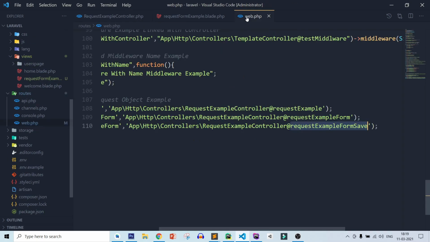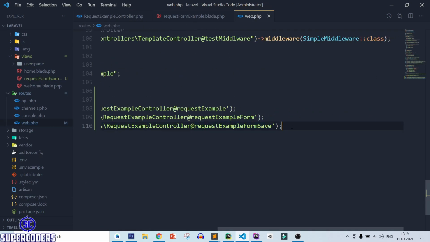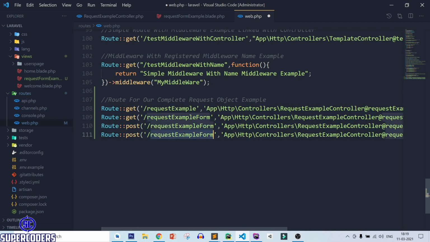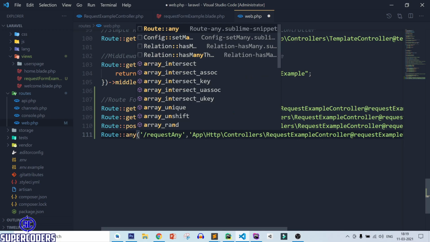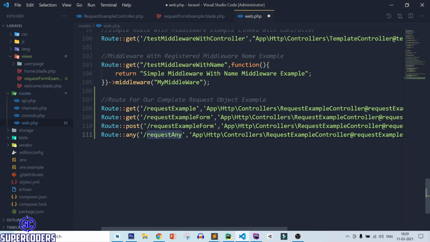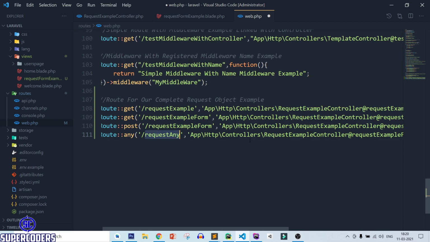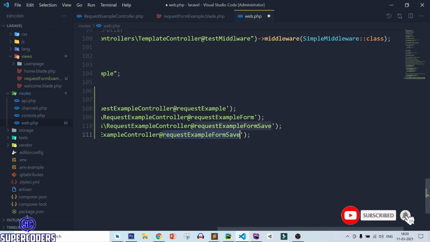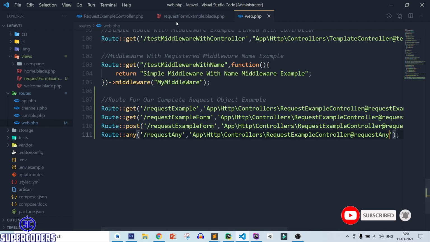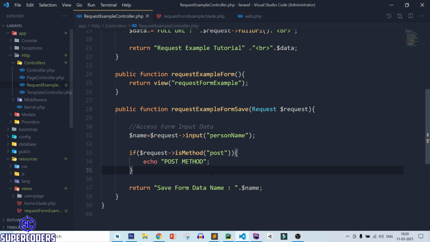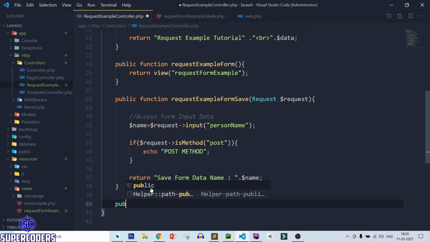So suppose that I am adding a route, so let's add a route request any, and here adding the method name like any. So here I didn't define the method name, whether it is any, request, post or any type of method. So let's see how you can get the method name or check it. Save it, come here, public function request any,